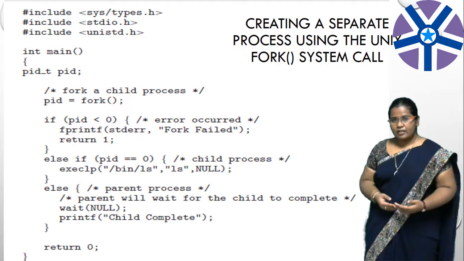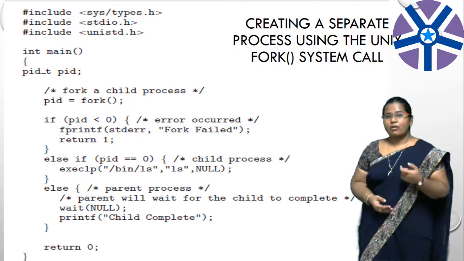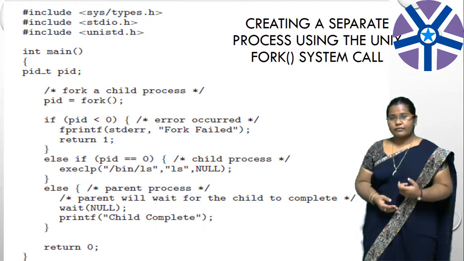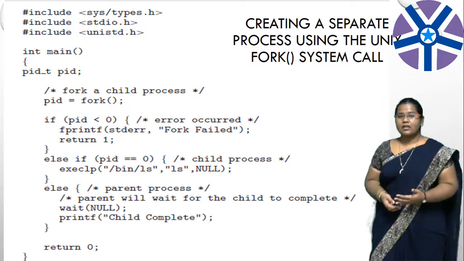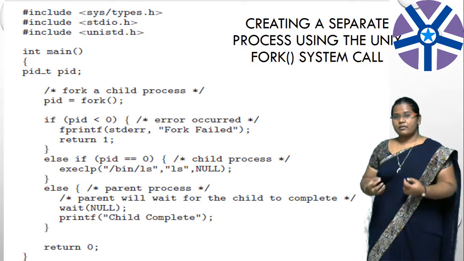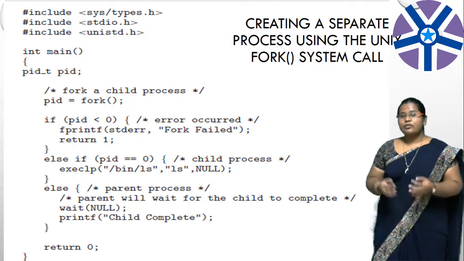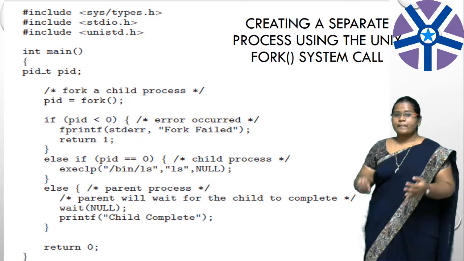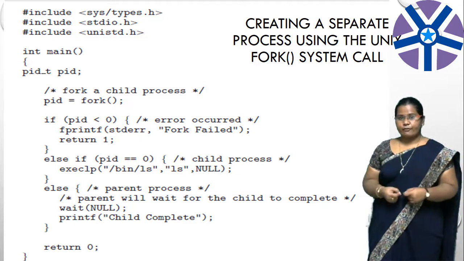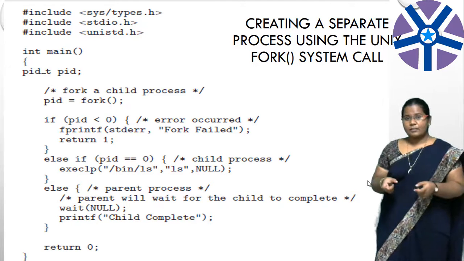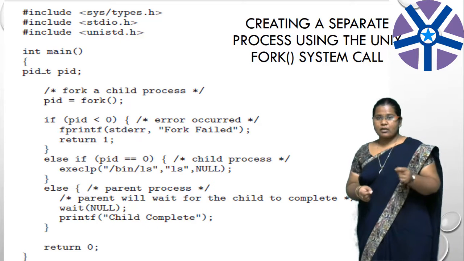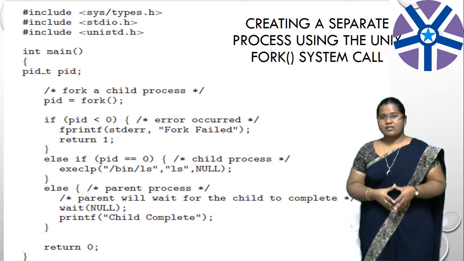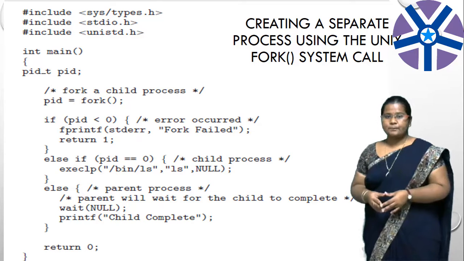So here we are going to use a system call in Unix. In order to create a child process, we will make use of a system call called fork, and the actual functionality of this fork is present in unistd.h. Coming into the program here, the main theme is to create a child process. To create a child process, we have the fork system call. As soon as a child process is created, the process will be allocated an ID. To store that ID, we have the process ID type with variable name pid.